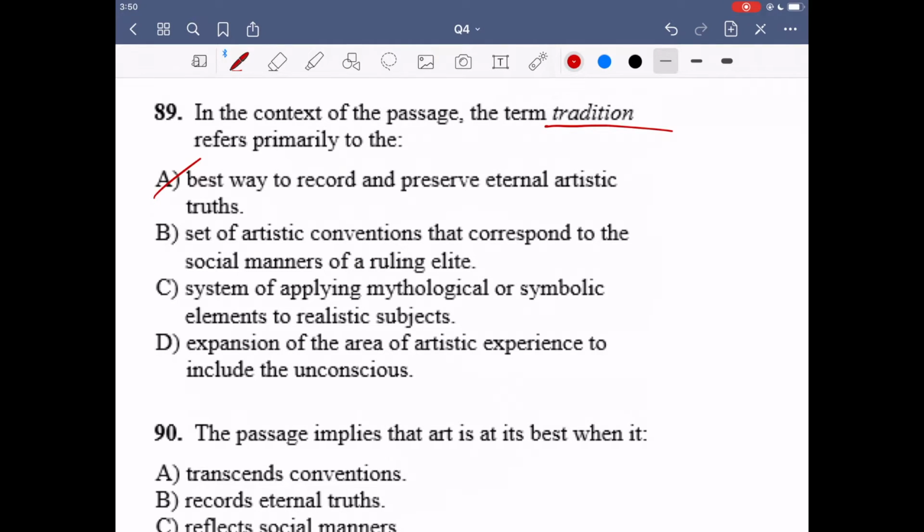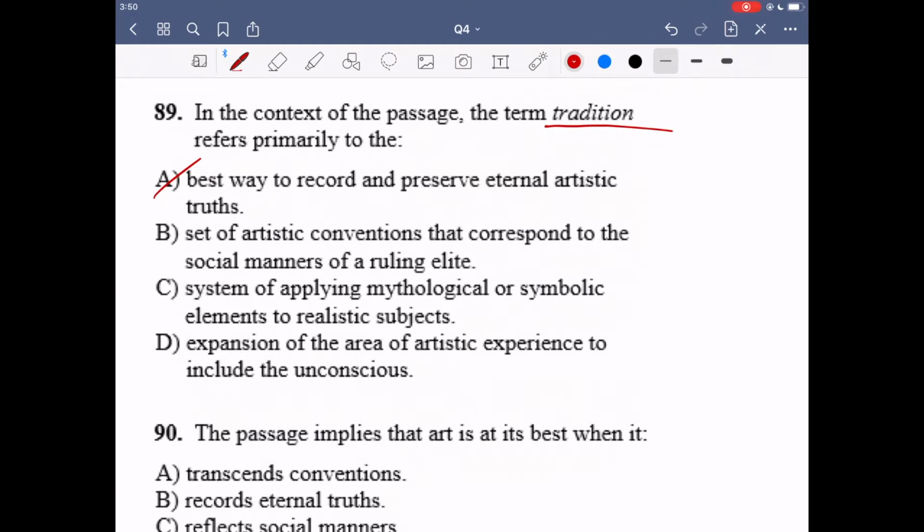No. That phrasing was mentioned in the passage, and of course MCAT does that all the time. It'll mention some phrasing you've seen in the passage, and then if you can't really figure out what else is going on, you might choose that because you recognize it a little bit. But nowhere in the passage does the author go on about what is or isn't a truth. They're just saying that art should reflect something which the person who's viewing the art should relate to. But they don't talk about what is a truth, what isn't a truth. That wording, eternal artistic truth, was mentioned somewhere in the passage, but if you go back to it, it's not relating to tradition.